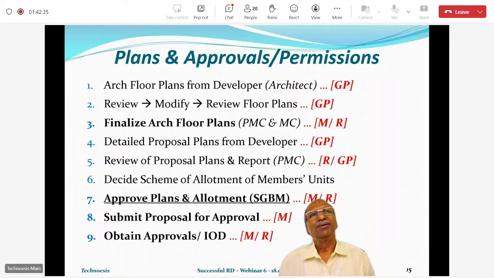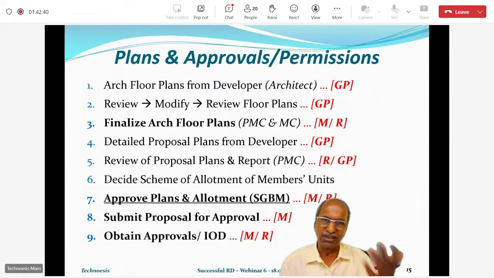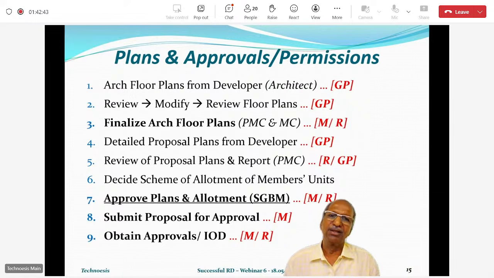Okay, and that is actually handled between the technical people, like say the PMC, and the developers and architect, of course, with the managing committee also in the picture. Okay, so once the proposal is submitted for approval, then there's a concessions approval. After concessions approval, there's an IOD. After IOD, then the developer is supposed to pay. For IOD, he has to make payment of premium, purchase TDR, and all those things will